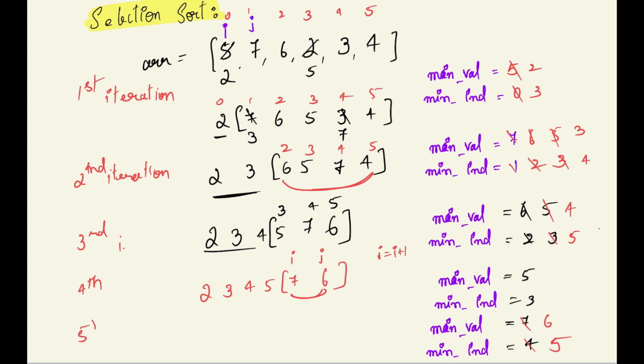So in the fifth iteration the resultant array is 2, 3, 4, 5, 6 and 7. No need for a sixth iteration, as it is already sorted. So I have to run the sort algorithm n minus 1 times, that is length of the array minus 1 times. So this was about the sort